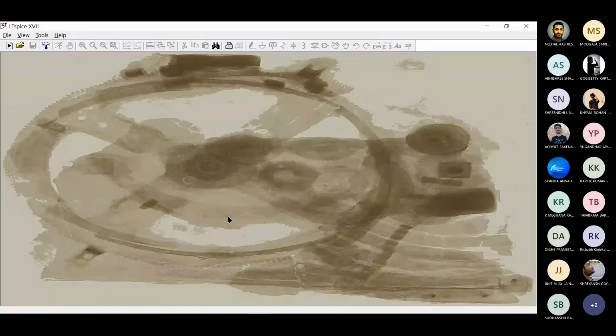So LT Spice, also known as Linear Technology Simulation Program with Integrated Circuit Emphasis. So this is the LT Spice. I hope all of you have installed the software. And when you open it, this is what you see on the screen. If anybody knows what exactly this image is, please let me know. I don't really know as well. Okay, so let's get started with this.